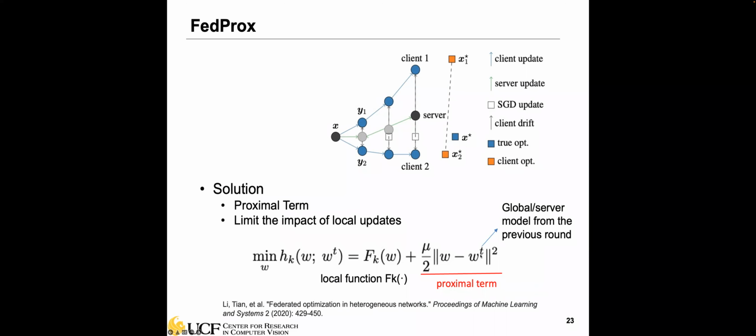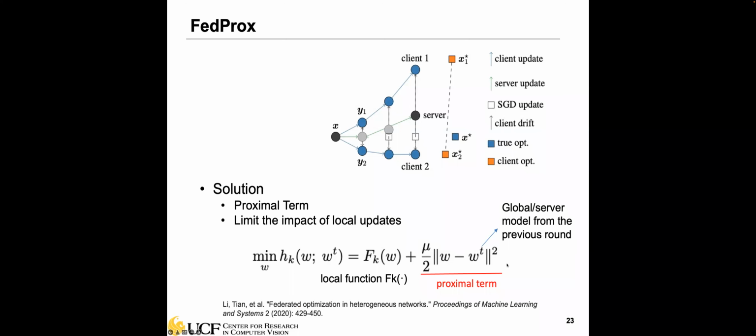So this WT is the global or server model from the previous round. Let's say we are considering the local update. And this is the global model from the previous round. We are using T to indicate that. To prevent your local model update from drifting away too much from this global model WT, it adds this